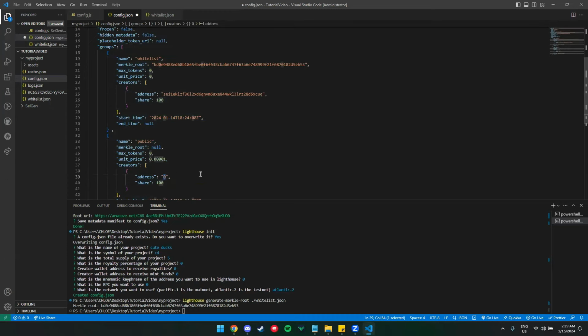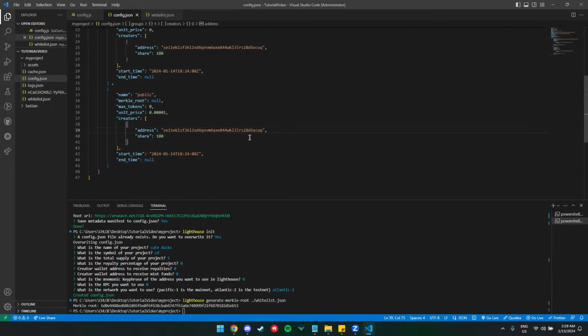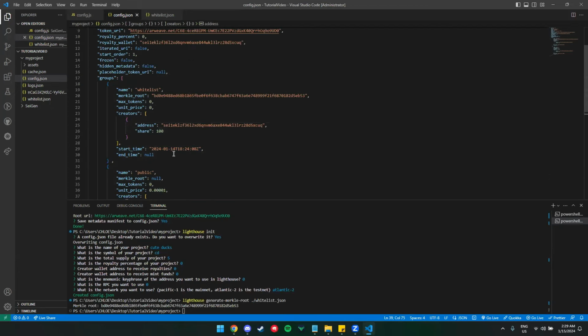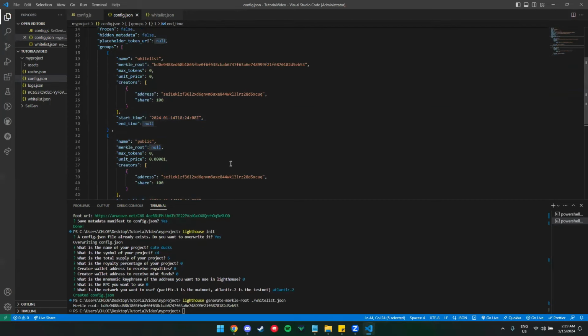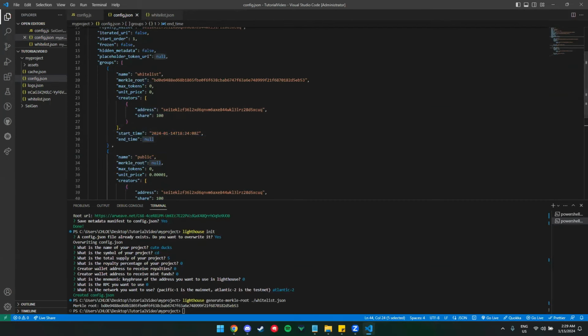Same with the public. And save it. So for the time, you can set a time in where whitelist people can mint and put an end time. The same with the public mint, the start time for public mint and the end time for public mint. Okay.